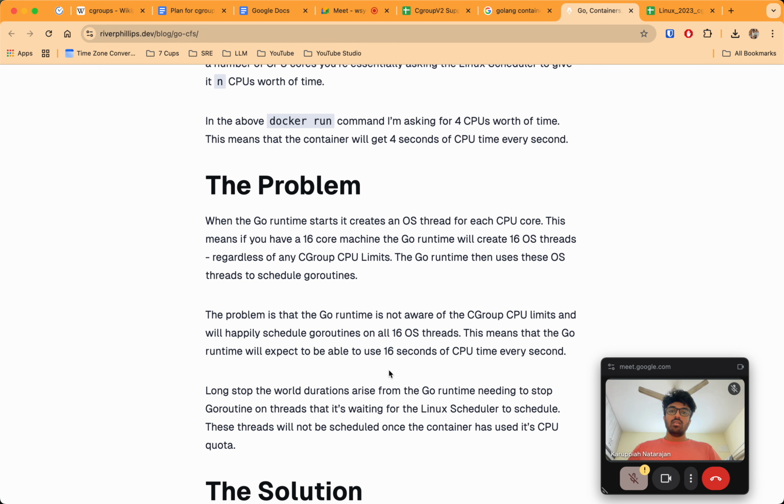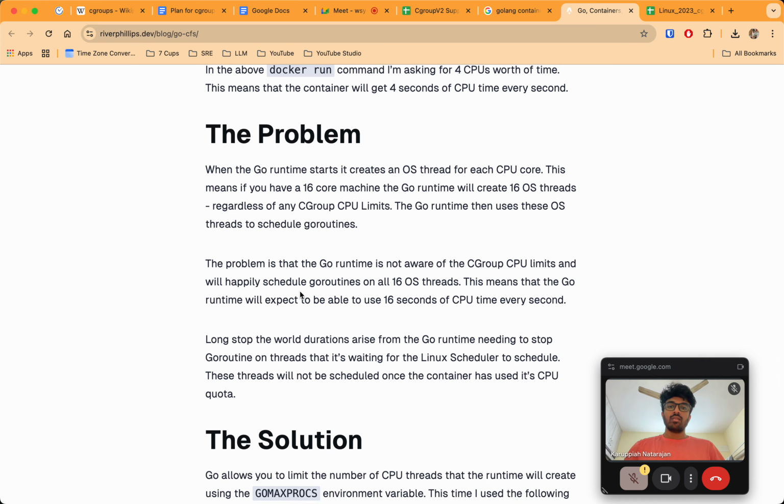Despite any cgroup CPU limits, the Go runtime uses these OS threads to schedule goroutines. The problem is that the Go runtime is not aware of the control group CPU limits and will happily schedule goroutines on all 16 OS threads. This means that the Go runtime will expect to be able to use 16 seconds of CPU time every second.